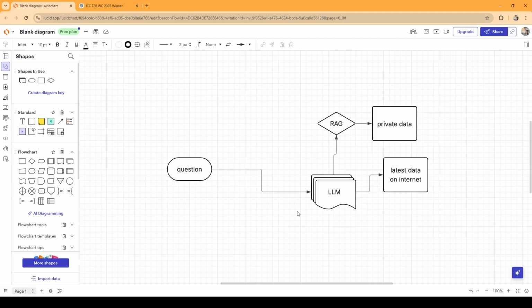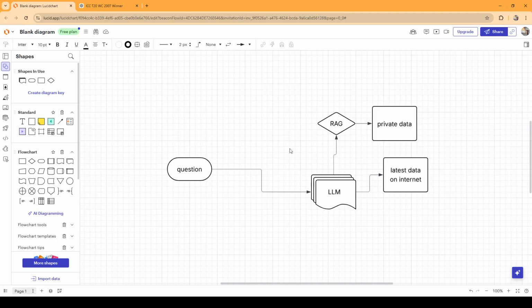So in RAG, what happens when we ask a question, based on the context of the question, the LLM searches its own memory, its own knowledge base. If required, it searches on the internet, and it searches in our private data based on the context.